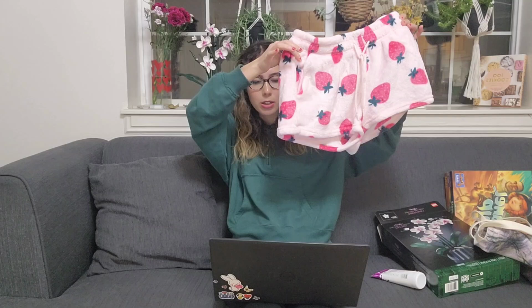As far as it looks, I liked the cut and shape of the short, and they are very soft and comfortable, which is important to me because they're pajama shorts. So yeah, that was my pajama shorts, and I have never bought a pair of pajama shorts from this brand